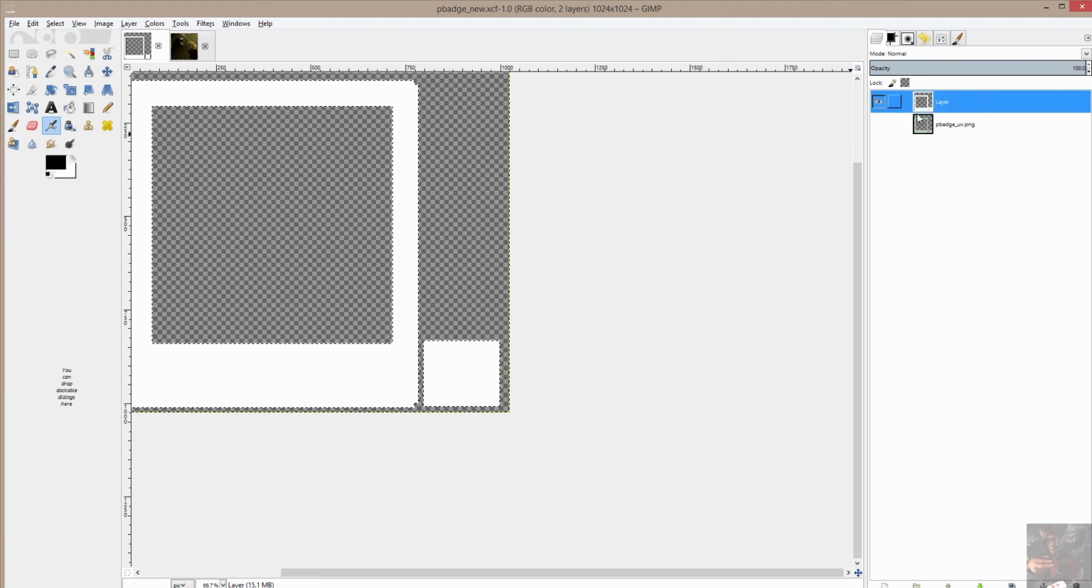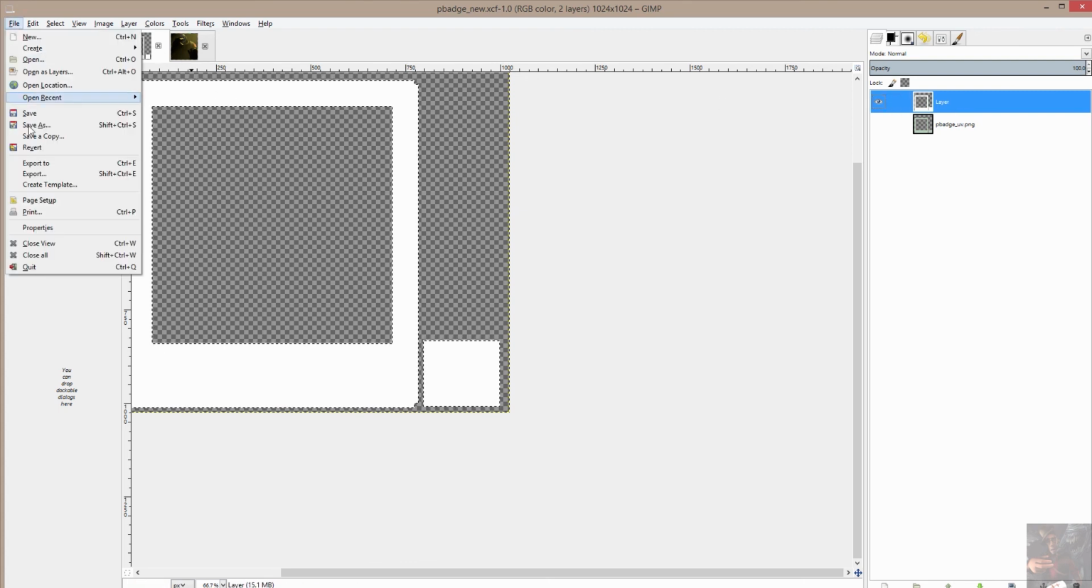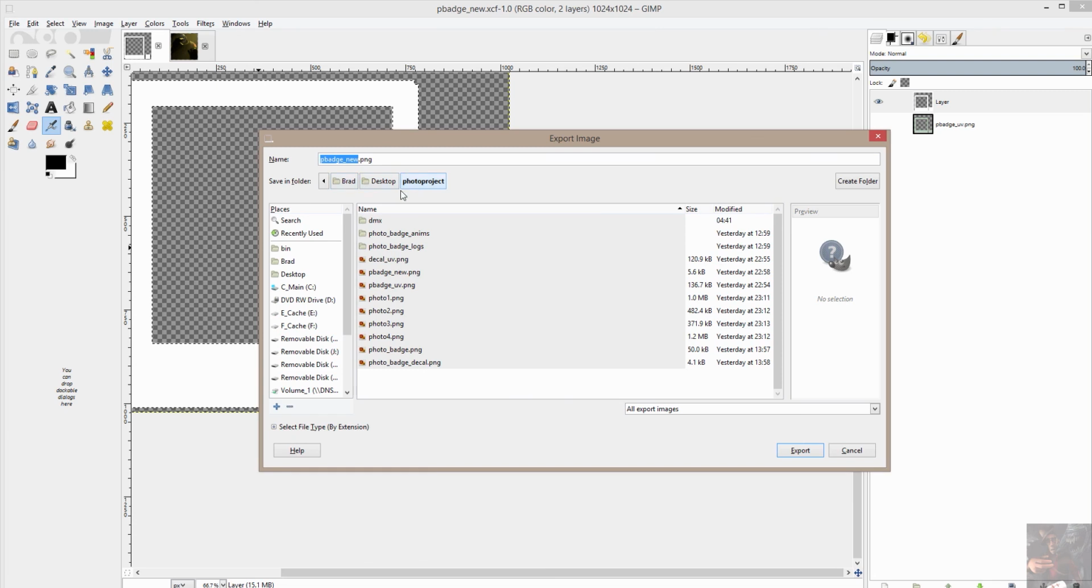So basically, I'm not going to make any more changes. I'm going to make sure that I have my pbadge UV image turned off. Select the layer that I want to actually import or export. Come over here, File, Export, and all I need to do now is change this folder to my user mod,